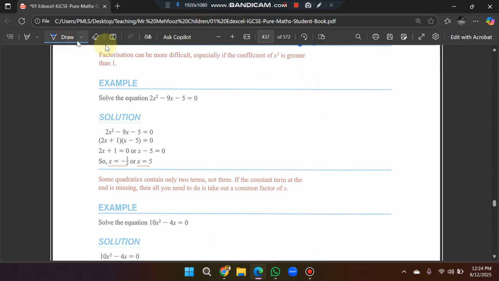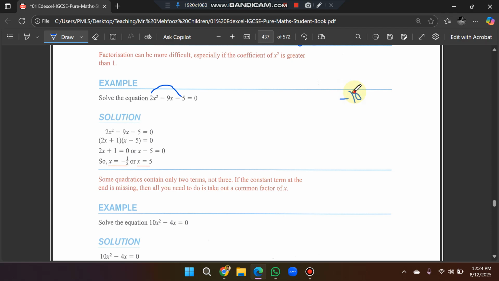Now the note is that factorization can be more difficult, especially if the coefficient of x square is greater than 1. And we have studied also the factorization method when we have the coefficient of x square other than 1. We have studied or not? Yes. Okay. So in this case, we have to multiply this coefficient by this number, that will be equals to